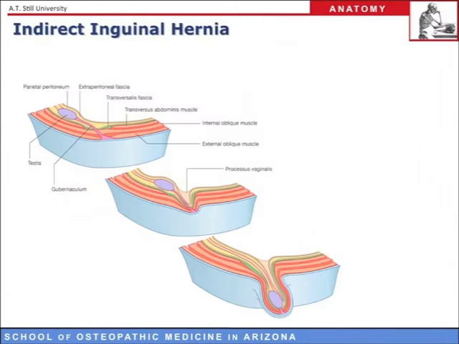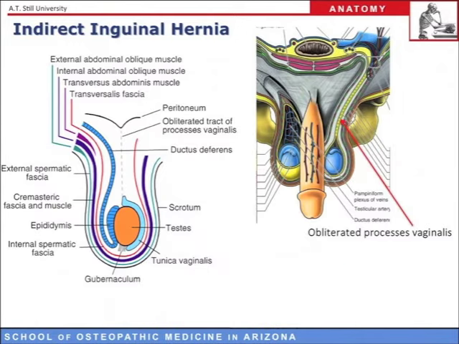So we will recall this slide from Anatomy of the Testes, and remember that the testes, during their descent, pushed layers of the abdominal wall in front of them, and during that oblique passage from the abdomen into the scrotum, they also brought along with them the processus vaginalis during the descent. And that processus vaginalis, if you'll recall, is the connection back to the peritoneal portion of the abdominal cavity. But at the time of birth, or right around that time, the testes have fully descended into the scrotum, and the processus vaginalis closes off.